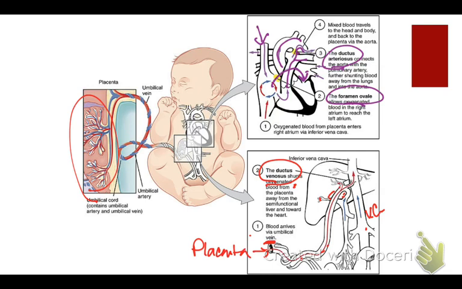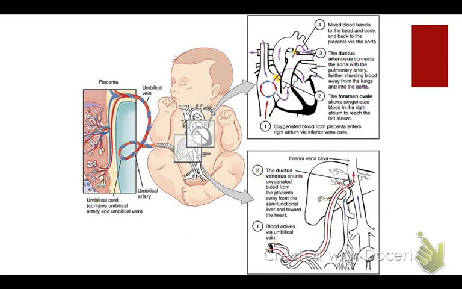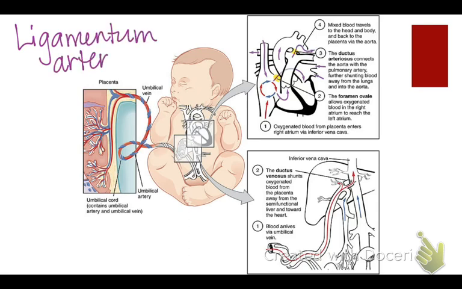When you're born, I'm going to clear off all these. The ductus arteriosus collapses, and it becomes something called the ligamentum arteriosum. I'm sure I spelled that wrong. So it collapses and becomes a ligament. Then the foramen ovale becomes the,